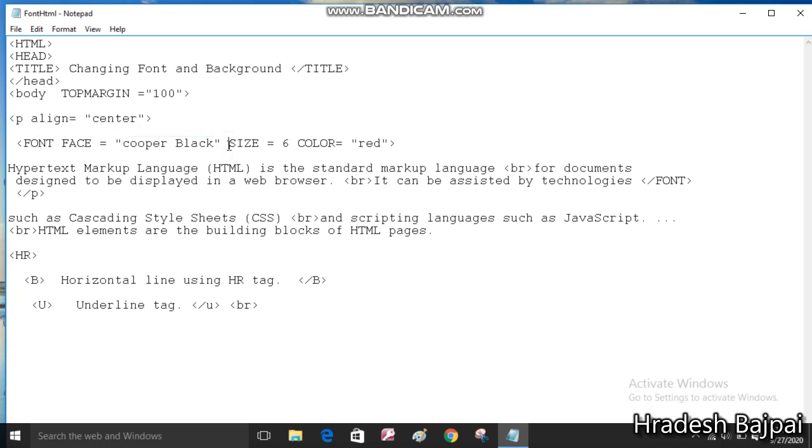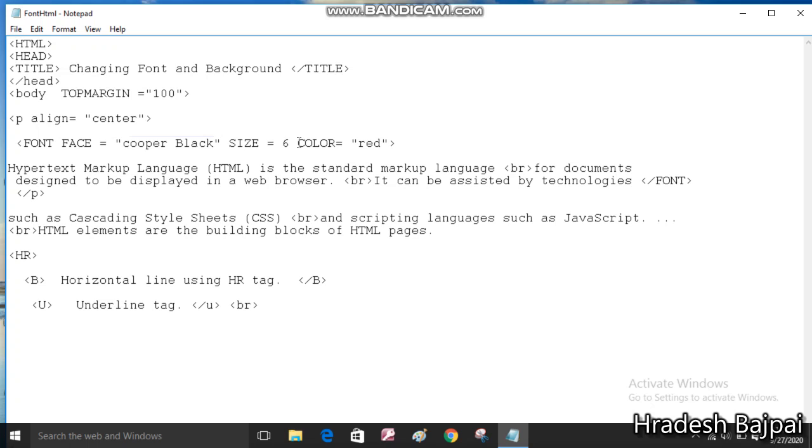The next attribute you can use is font size. I didn't make a separate program for each attribute; I have just used the attributes within a single program. The next font attribute is changing the font size. Many times we need to increase or decrease the font size, and you can change it just using this font size attribute.